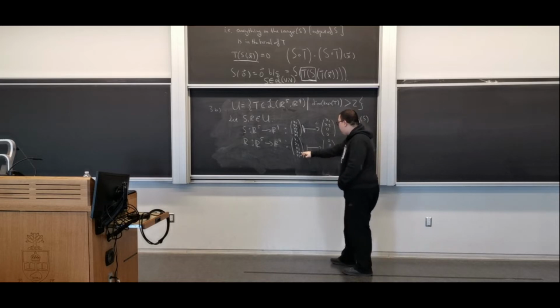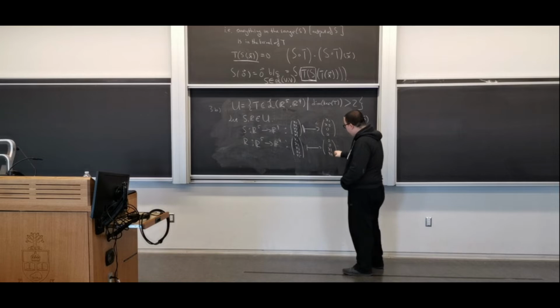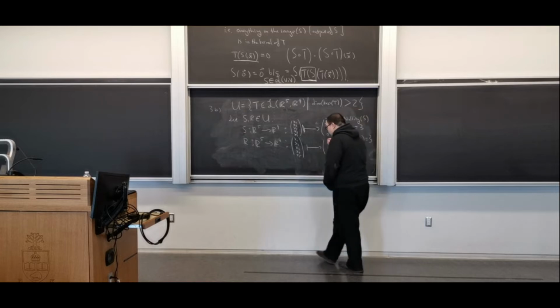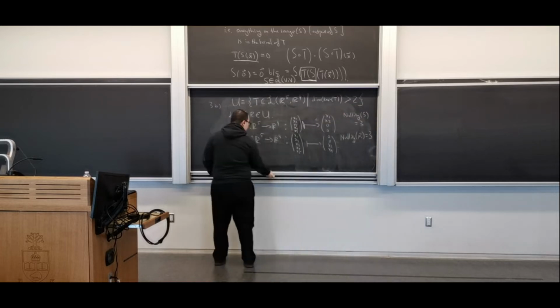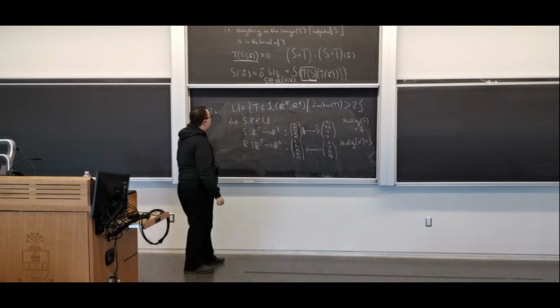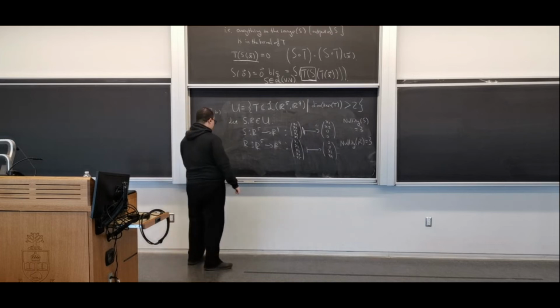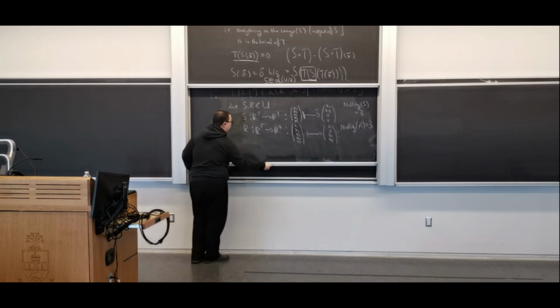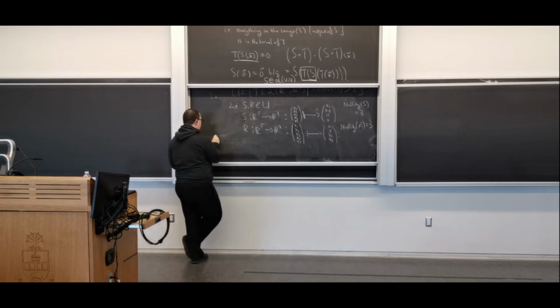Similarly, x3 and x4 are fixed in this case when you want it to be 0. You want x3 equals 0, x4 equals 0. But then again, x1, x2, and x5 are all free. So we know that the nullity of R is also 3. But if we add these two linear transformations together, so I have S plus R,